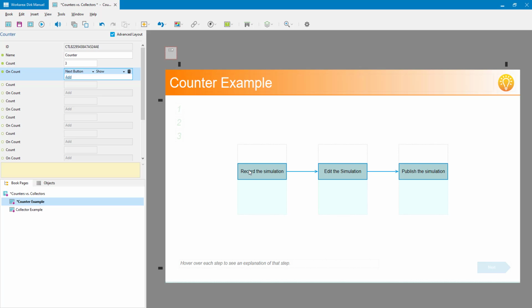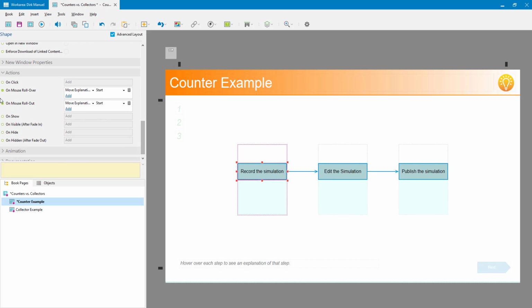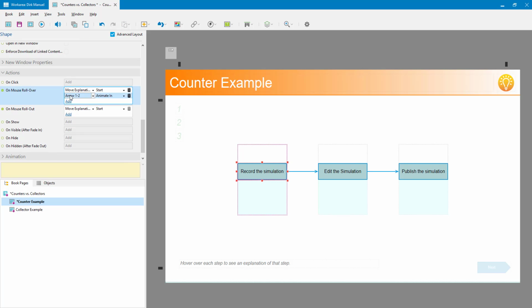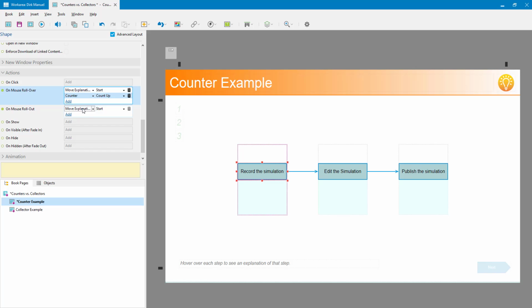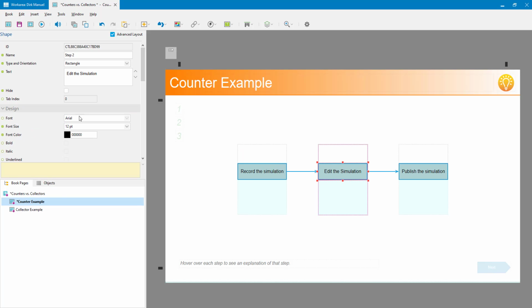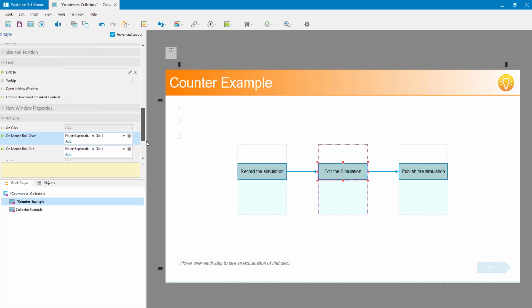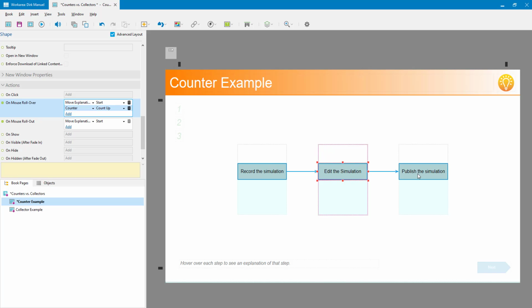So I'm going to have to count up each time I hover over one of these. I've already got some on hover or on mouse roll over actions defined for it. So I'm just going to add a new one in here, and I'm going to say counter count up on this one and this one and this one. So I'll select this next one. Same thing, counter, count up. This last one,